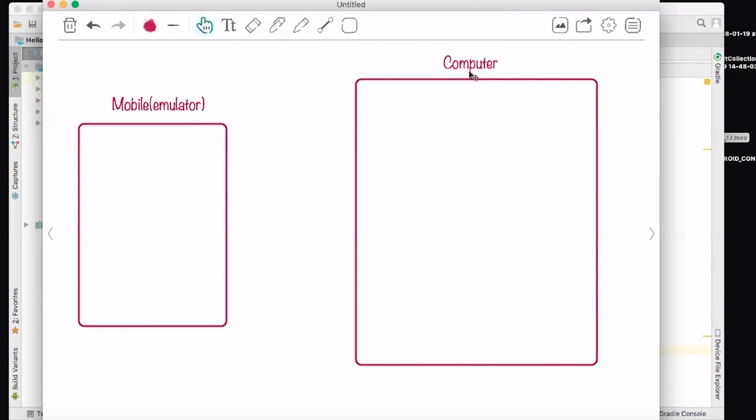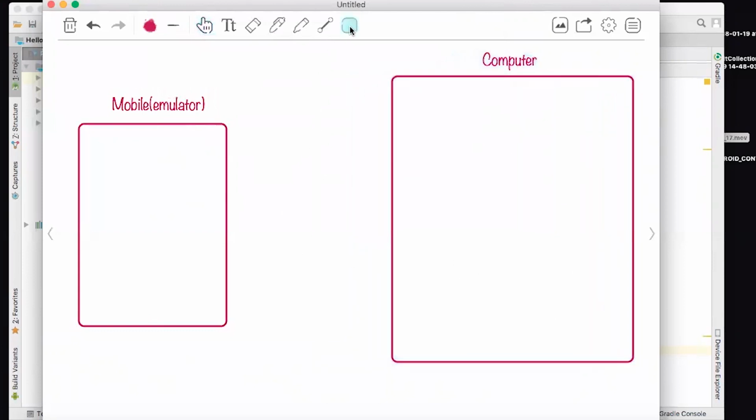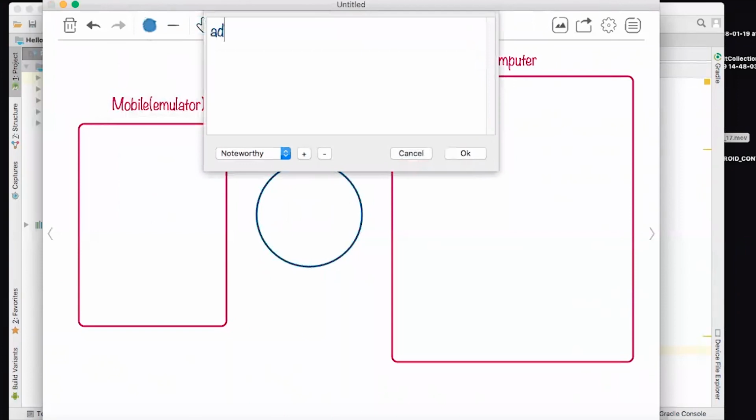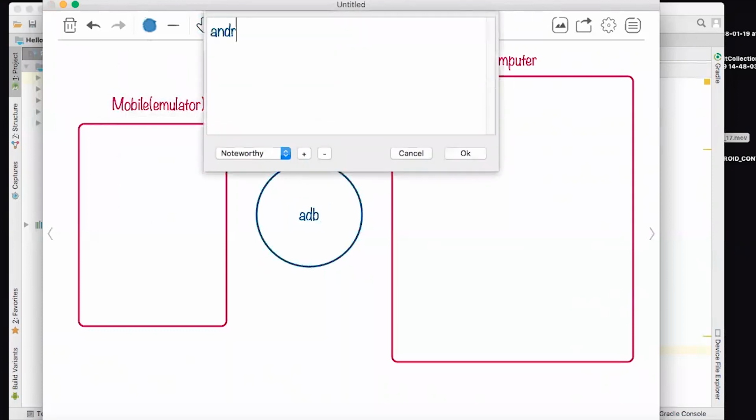This is my mobile emulator and this is my computer. Now what I want to do is I'm running this emulator with this computer. Now we have one more thing which I want to discuss, and that is ADB. And what is ADB? ADB is Android